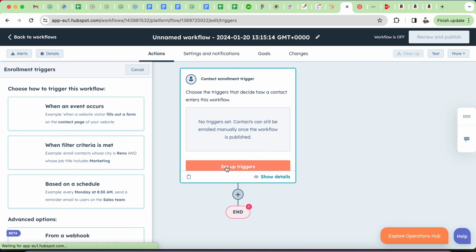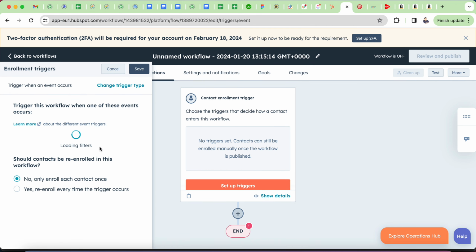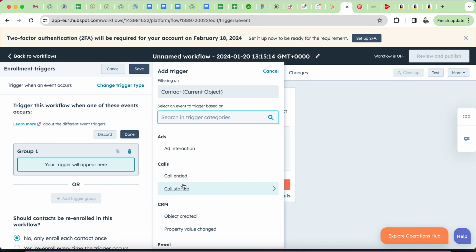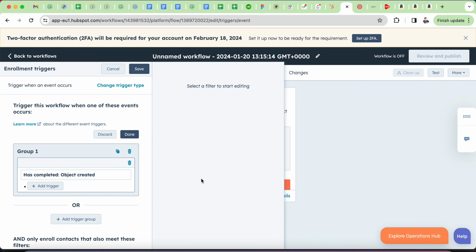Alright, I'm going to set up the trigger when an event occurs, yep. Object created, yes, and then hit save,